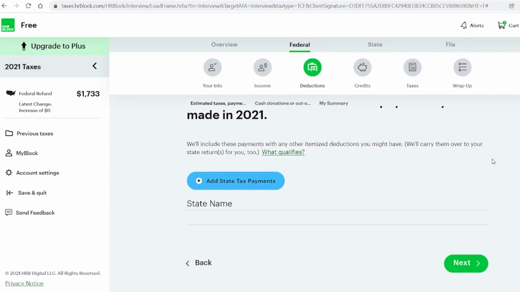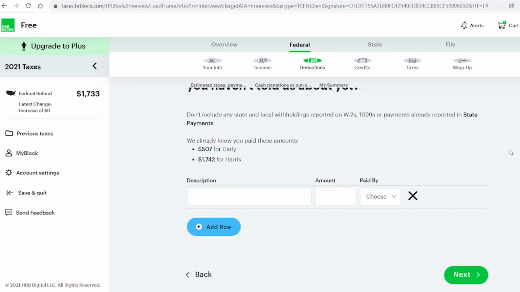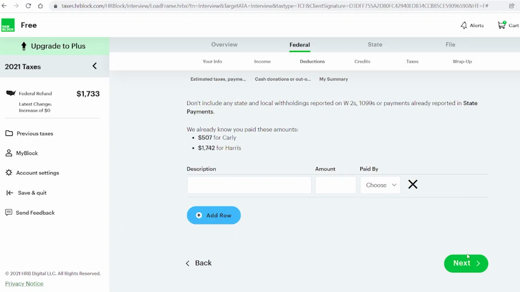Now, when you go through the deductions section on H&R Block, one thing that I do not like about this is it does force you to walk through all the different sections of the deductions. And the majority of us, about 85 to 90% of Americans, are not going to use itemized deductions. The tax changes in 2017 really reduced the number of people that itemize their deductions. So a lot of this is kind of a waste of time for most people. Entering things like your mortgage interest and your medical expenses, those are not going to matter if you're not itemizing your deductions. So I feel like H&R Block just sort of wastes your time on some of that deduction section.